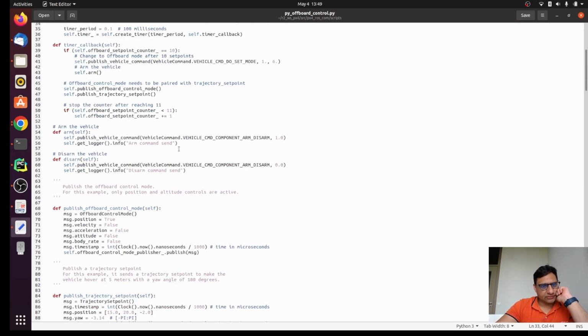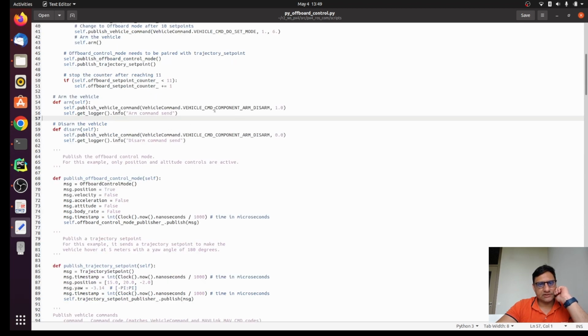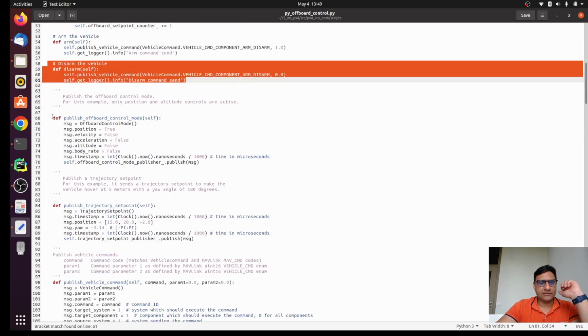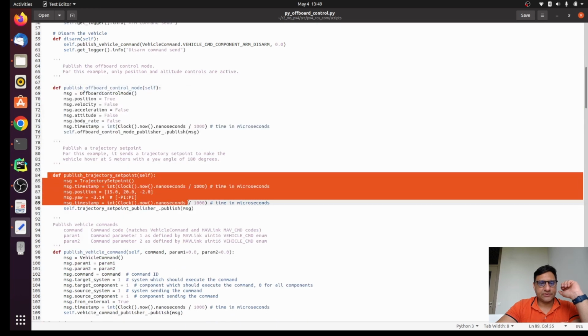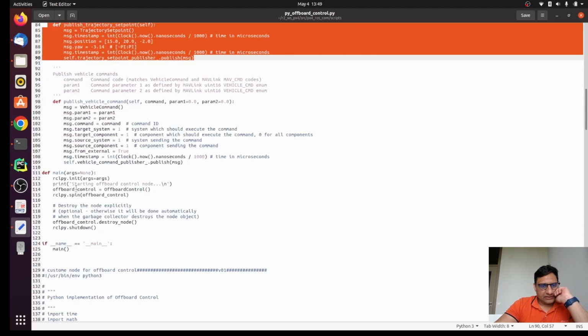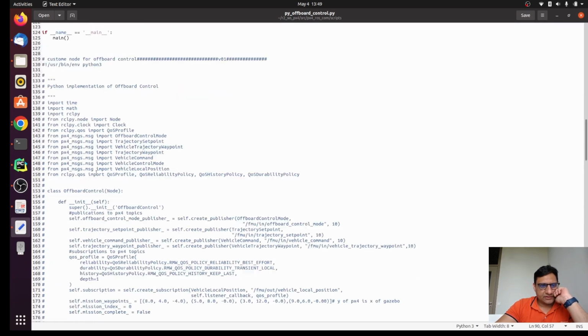And similarly you define some functions to give commands. This is the vehicle command, which is very similar to what we have seen right now. This is to publish positions, and this is to publish a trajectory if there is more than one. These are the messages you publish, and in the end, after the main function,